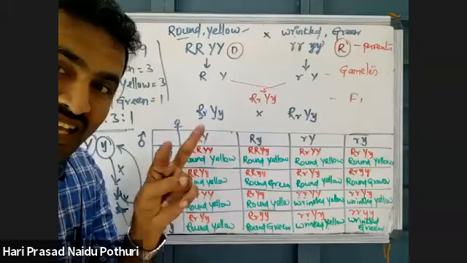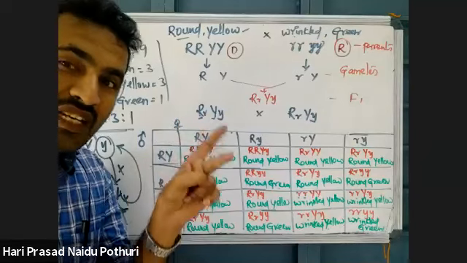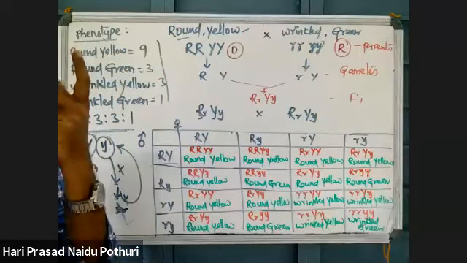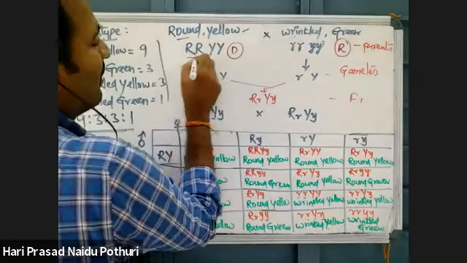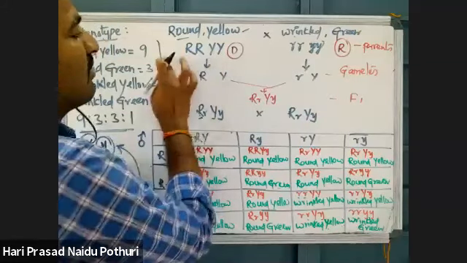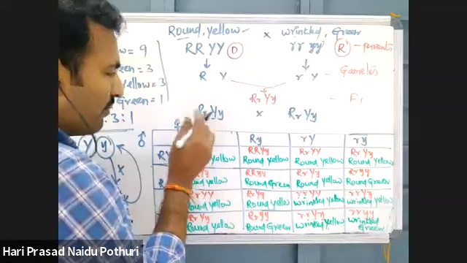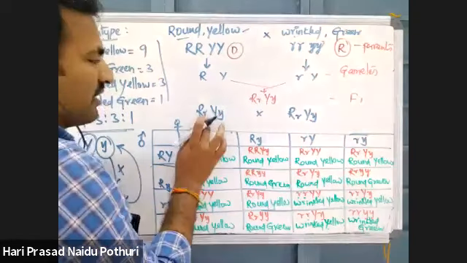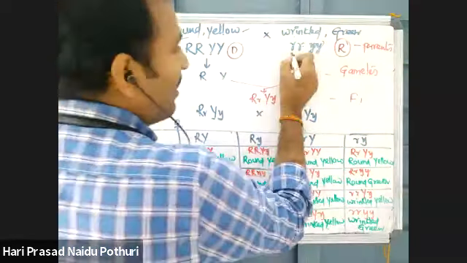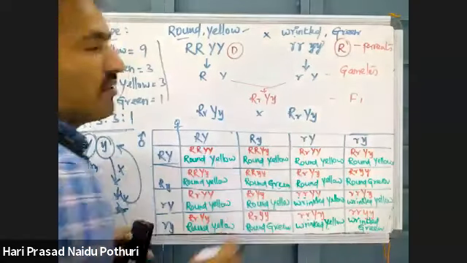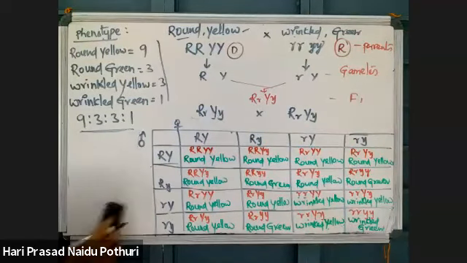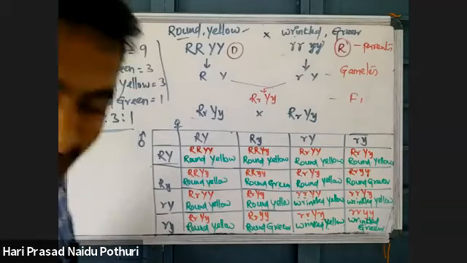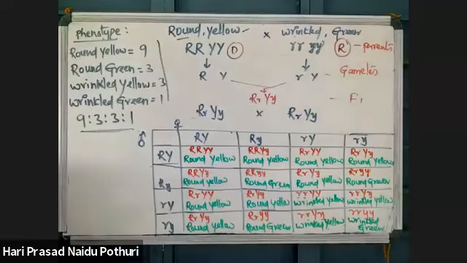So every gene has two copies. One is expressing, one is non-expressing. Different organisms have different combinations. Some organisms may have both expressing copies. One organism may have one expressing copy and one non-expressing copy. Another organism may have both non-expressing copies of the same gene. Every gene has two copies. Of those two copies, one may be dominant and one recessive, or both may be dominant or both recessive. That is the two alleles.